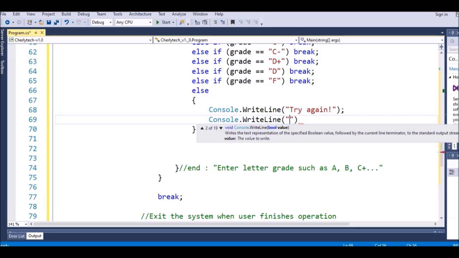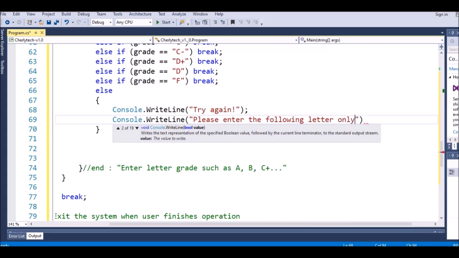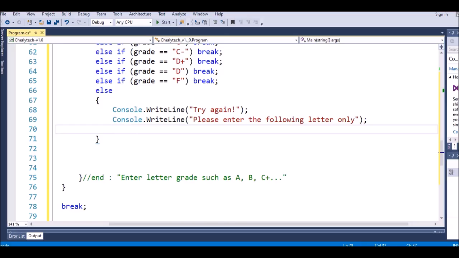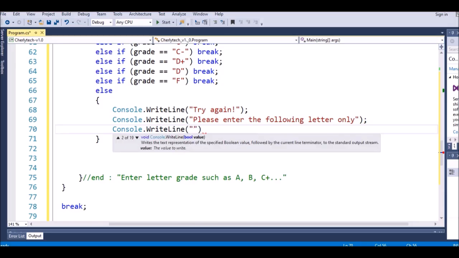So in here I will say please enter the following letter only, like this. So in here I will write console to write this one, have A, right,